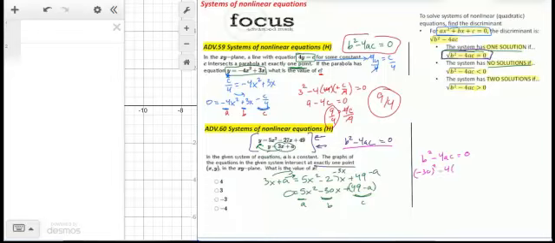Our a value was 5, and our c value was this whole expression, 49 minus a, and that's all equal to 0. And so here when we solve, negative 30 squared is the same as 30 squared, so 900. And then if you take 4 times